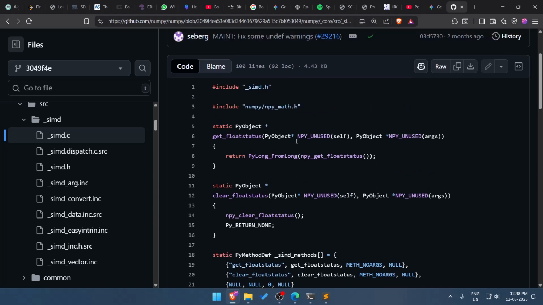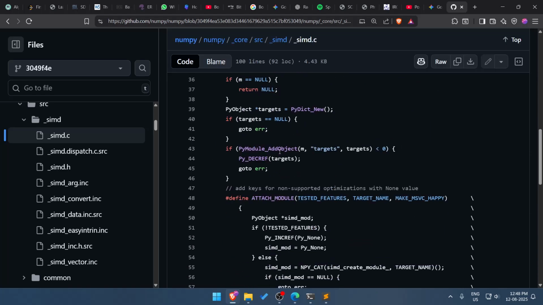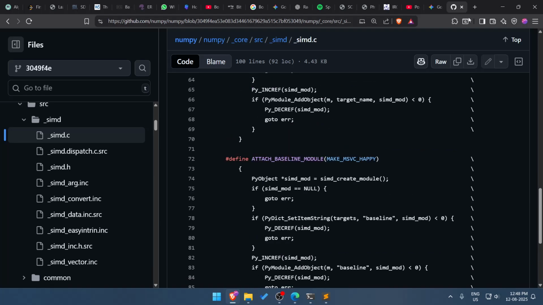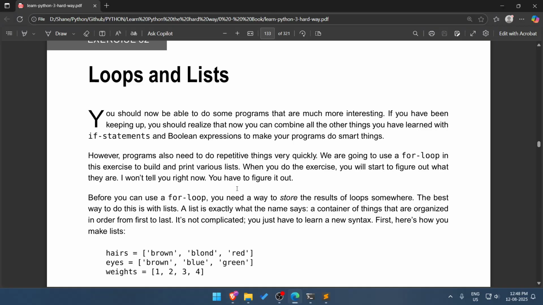Okay, so we perform these things. Self, args. That's how it works, right? It is written in C. Okay. Alright, thanks. Alright, so